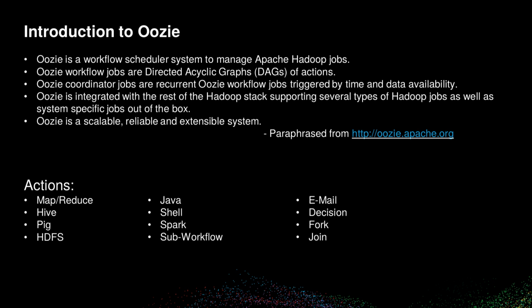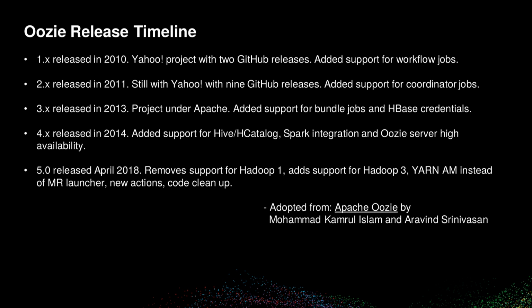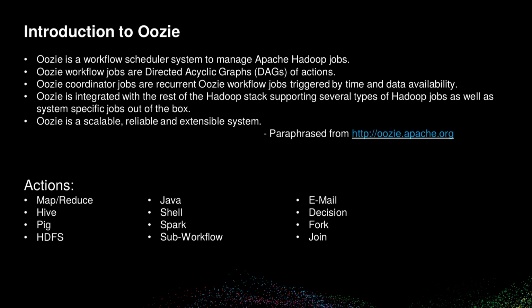And the key thing is, it's definitely easy to get started with all of these built-in actions. It really helps being able to just grab any of those. Out of the box, there's a Spark action, there's a MapReduce, Hive, Pig, HDFS action, Shell, and then there are other ones, right? Fork, join. These are very cool things to make your flows more condition-like.